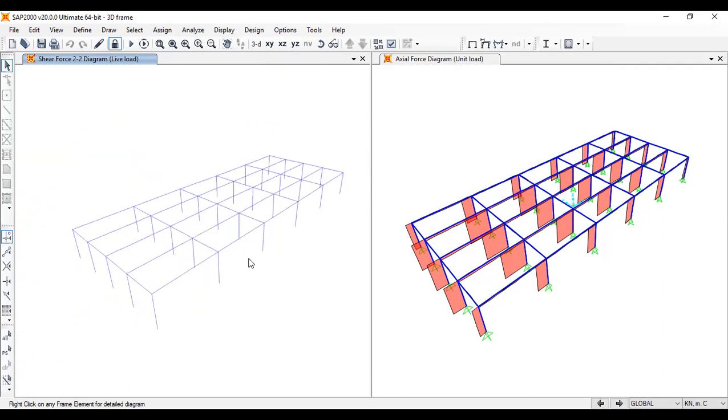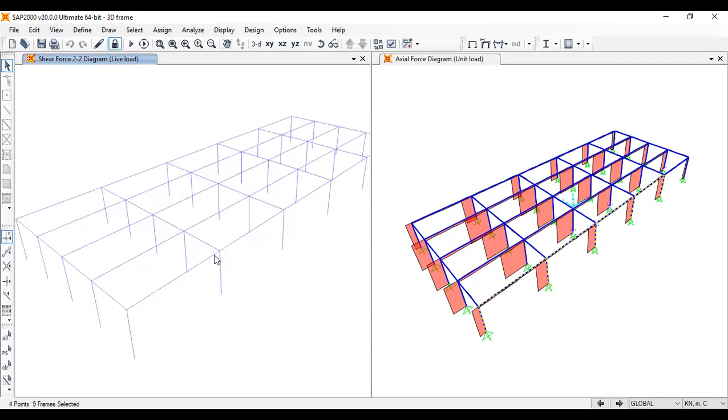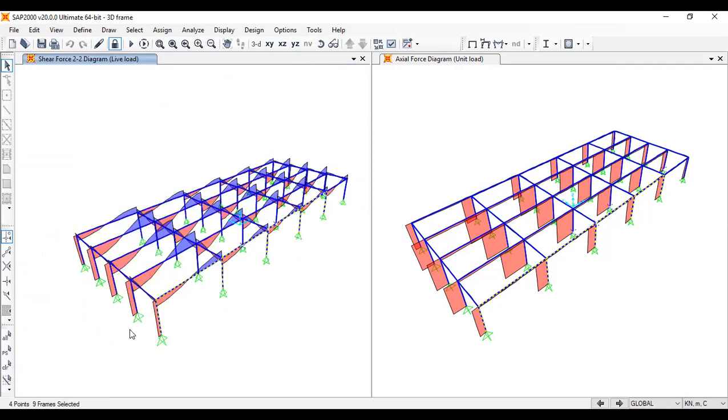One good thing is you can idealize a frame like this. I'm showing this frame, and you know the applied loads on that frame. You know the trapezoidal loading on this frame, only on the beams, and you can manually isolate that frame and analyze it using any structural analysis technique, and see whether